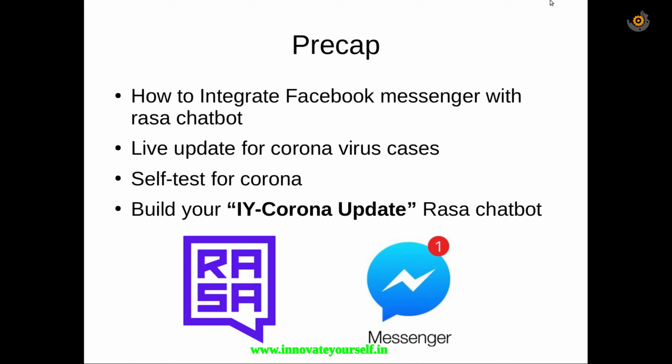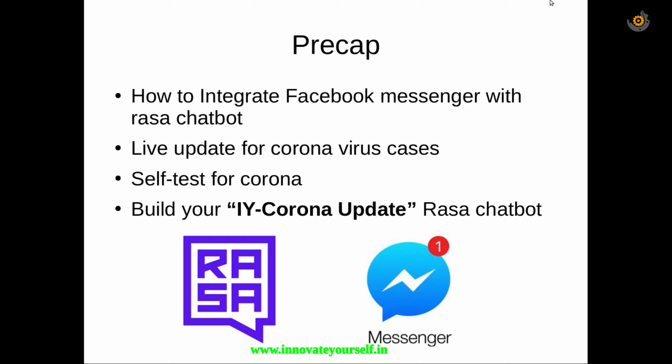After that we will also build a chatbot that can take your self-test for coronavirus, right? So if you have a doubt whether you are suffering from corona or not, you can take a short self-test using this coronavirus test, and we will build a chatbot that will support this self-test.